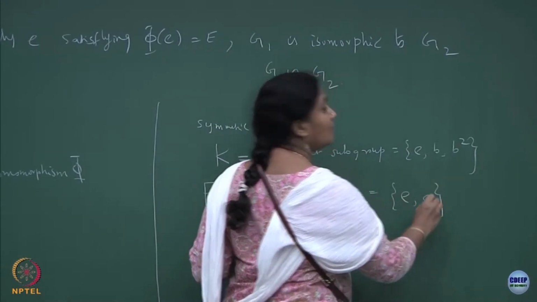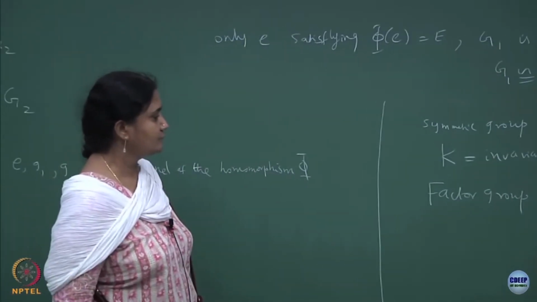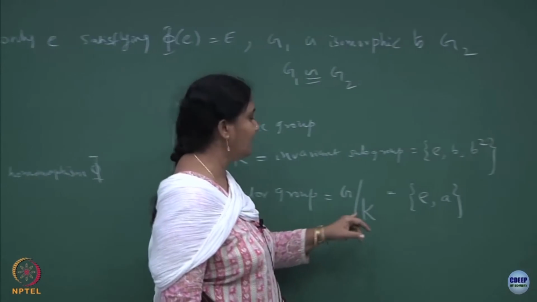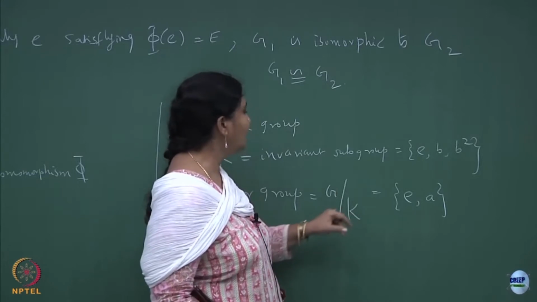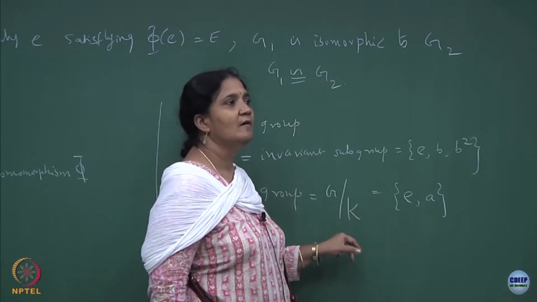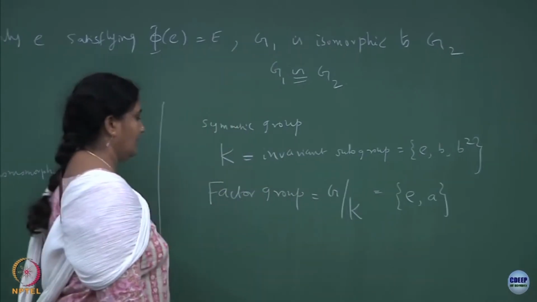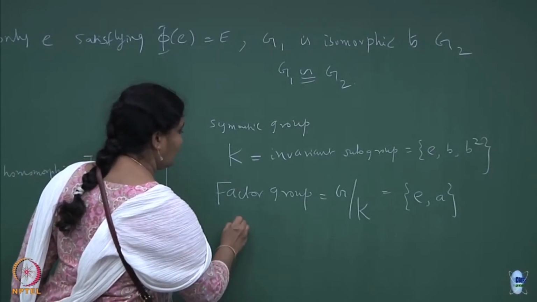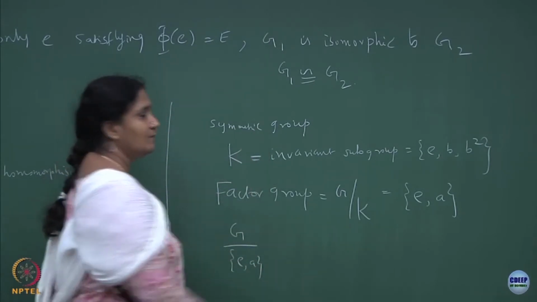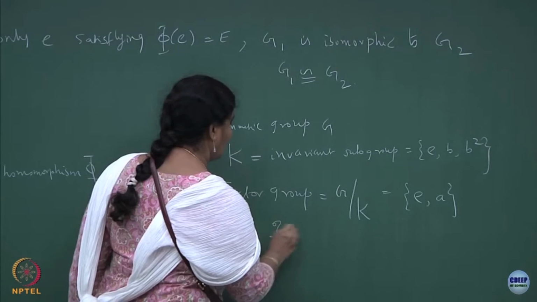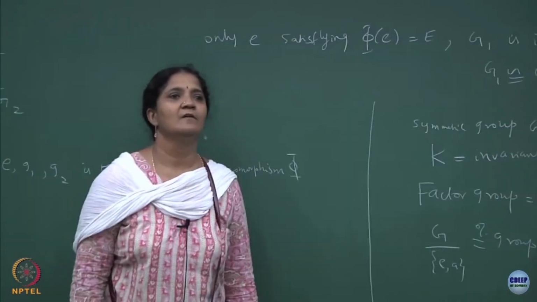You are all with me? And then I said that the factor group should always be done with the invariant subgroup, and then somebody pointed out that I could have factored it by this group, and that is also fine. Why is it fine in this case? Can somebody tell me? It turns out that the group G divided by a group EA, the symmetric group let us take. Why is this also a group? Why does it satisfy the group properties? Do you know why?